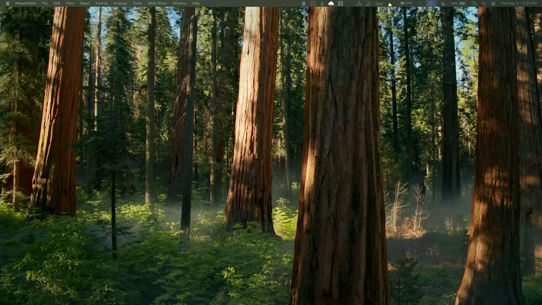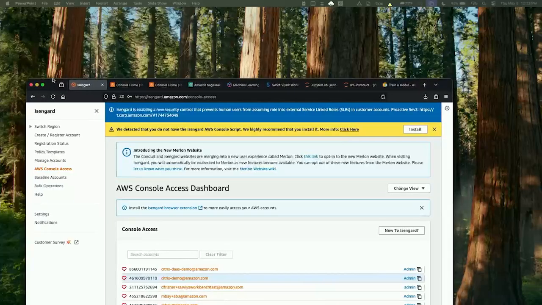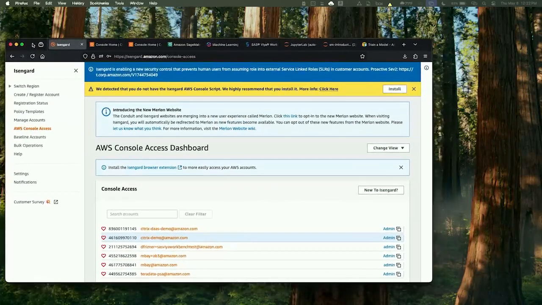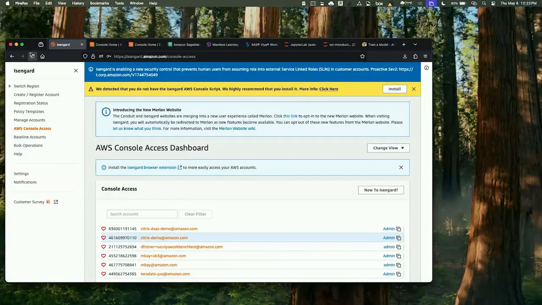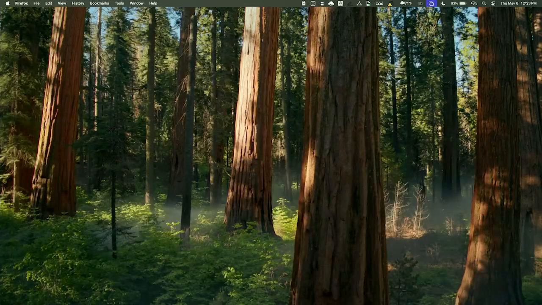I want to show my browser. I don't know if it's because I extended the monitor. You might have to drag it over, or we could go to the other computer. You'll need to duplicate the screens. Sorry, we're having some audio technical difficulties. We're working on that right now.